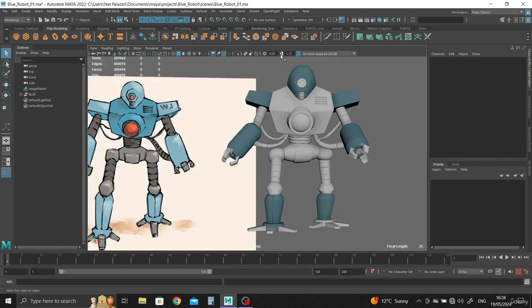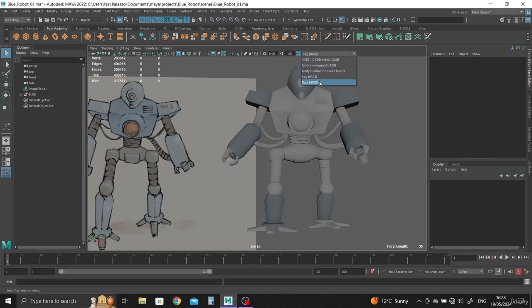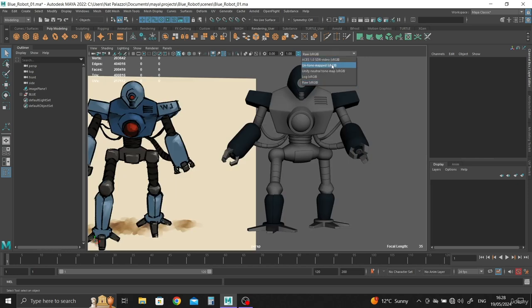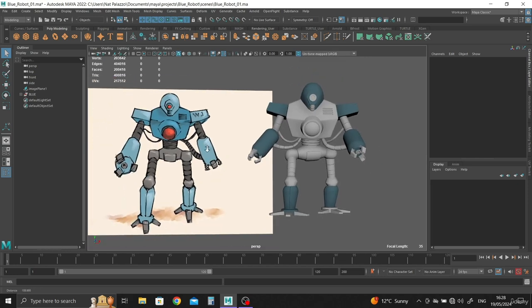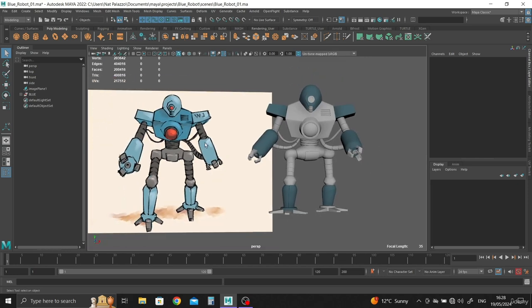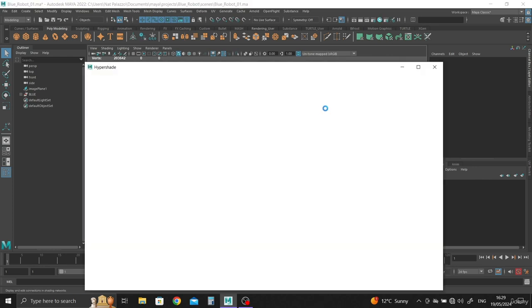So click on these little icons just to bring everything back to its default. This though you can keep it on the tone map. You can play around with the others, but it's going to give you a much darker representation. So there you go. So that's the blue done,